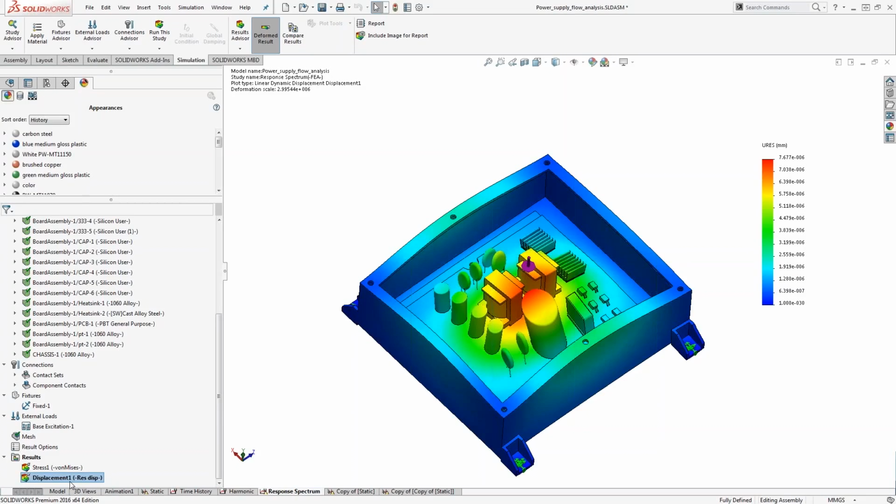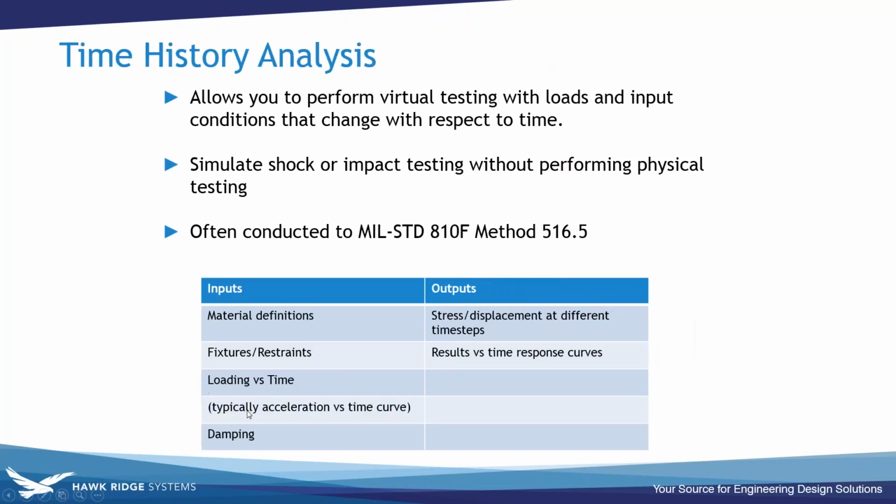So we go from a linear static. In a linear static, we define a gravity and multiply by a huge load, or we can input seismic information through that response spectrum, but we still don't have information of how those stresses are being developed from beginning to end. And that's essentially what a time history analysis will do, which will probably give you the most accurate or the most information because we are getting what those stresses are as a function of time. This allows us to do virtual testing where the input may be with respect to time, if we wanted to do some sort of shock loading or impact testing without having to do the